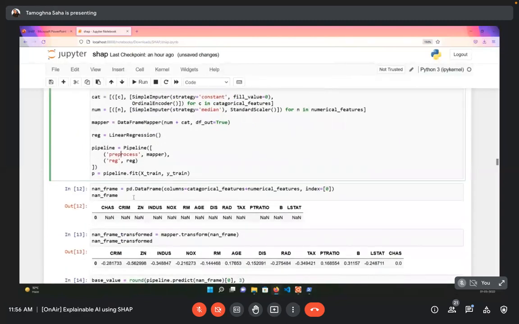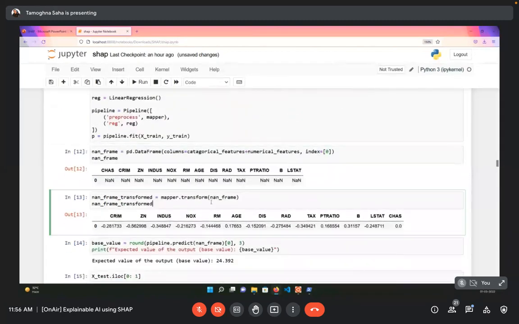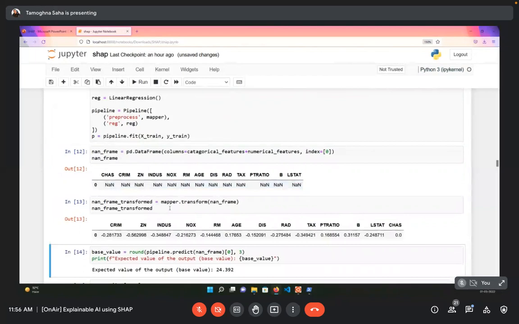Now, what we are going to do is pass along a NaN data frame. Whatever this data frame is, we are going to have all the columns with all the values as NaN. Internally, when we pass this to the pipeline, it's first going to be processed by the mapper function. As I mentioned, if you have a NaN in numerical columns, it's going to take that particular column's median value and replace the NaN with the median. And if it is character based, it's going to fill it with a constant 0. So when you pass this NaN data frame to the mapper function, you'll end up getting the corresponding median values out of it.